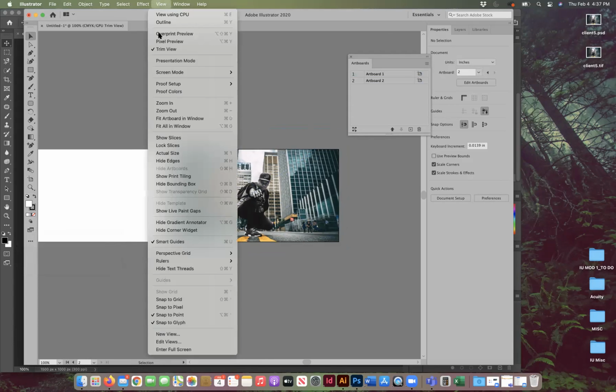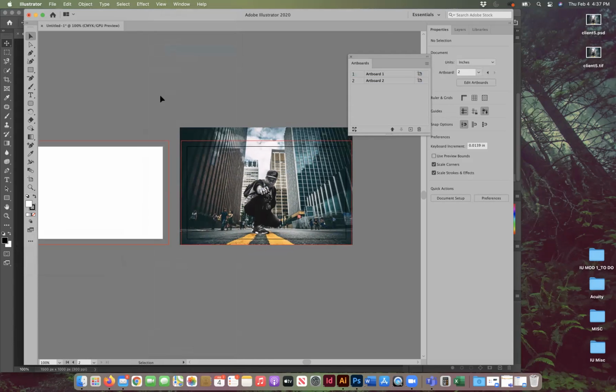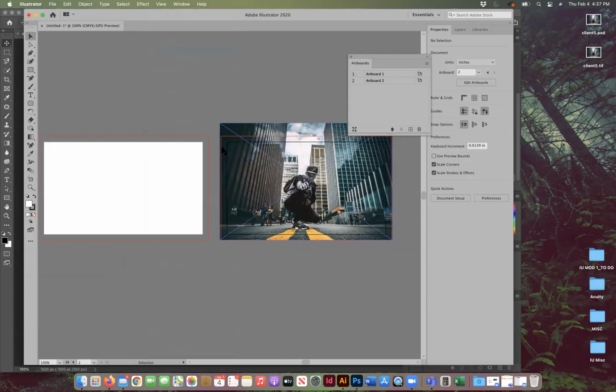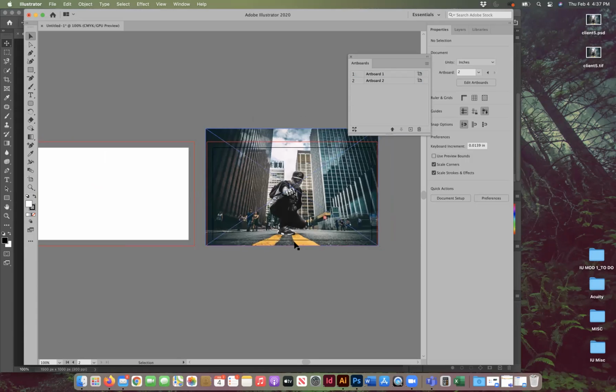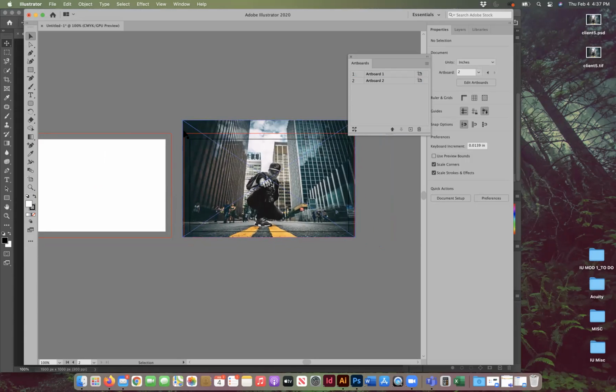Pretty cool. So if that's kind of bothering you, you can go to trim. Now this red line is your bleed, so that's not going to necessarily print. Your white box, the edge of where it hits the gray, is where it's actually going to trim. But the reason why you have a bleed, say if you have an image that you want to go beyond,